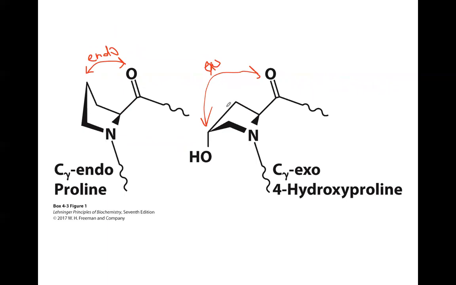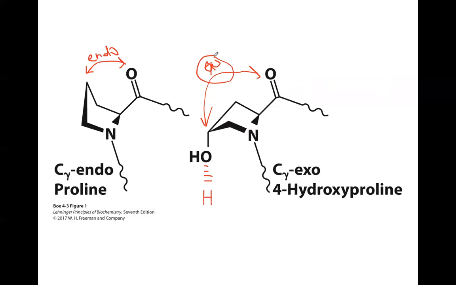So it turns out that for strength, the collagen proline residues want to adopt this kind of exo conformation, and the hydroxy group, which will be involved in hydrogen bonding with something else, will make this 5-member ring pucker in the right direction, okay, to achieve this exo